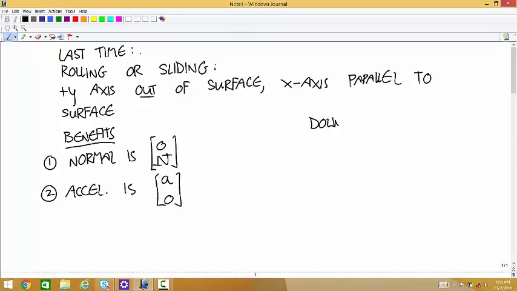And the one downside is that the weight requires cosine and sine now. Okay, so